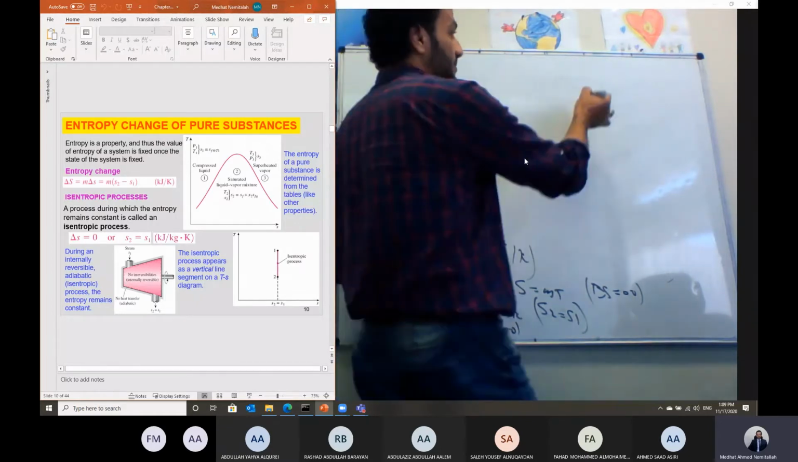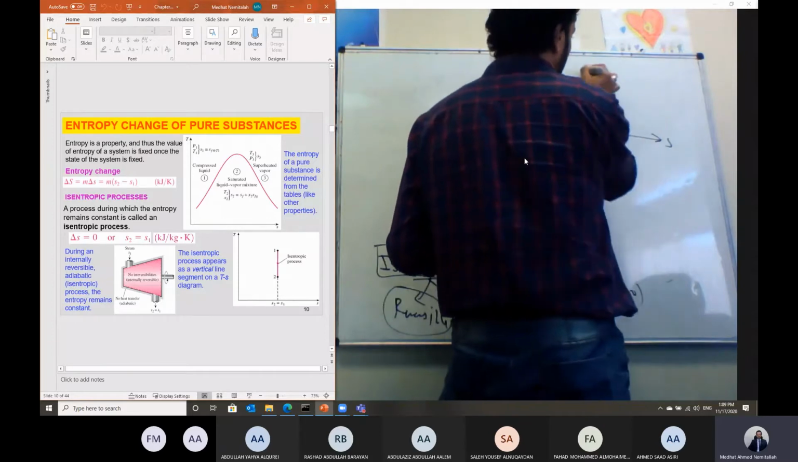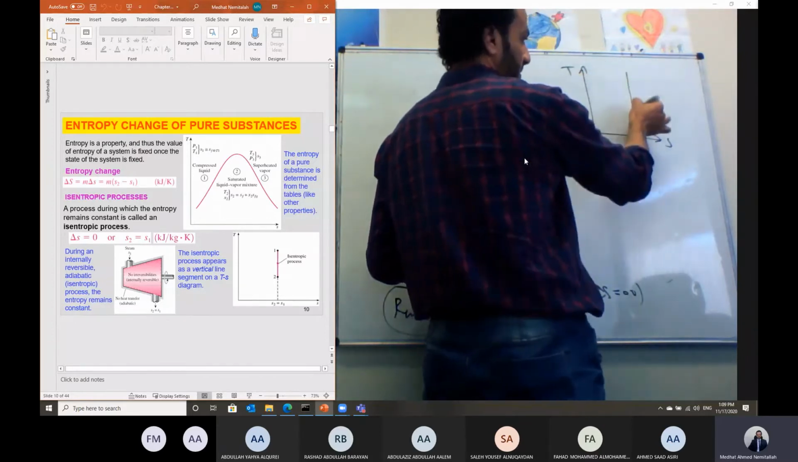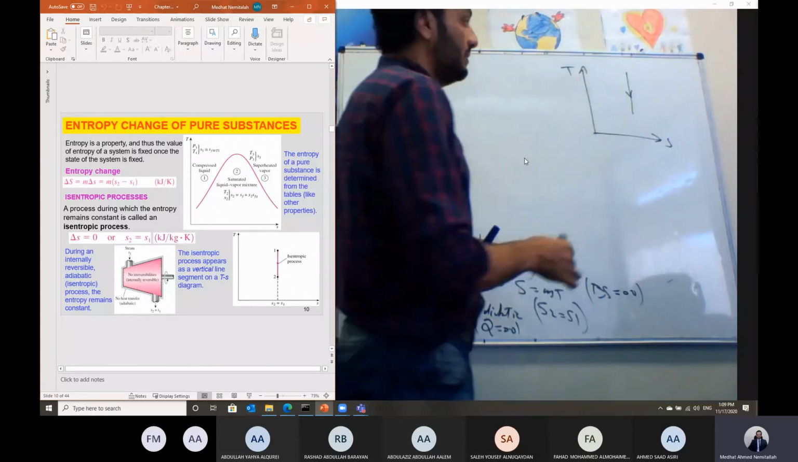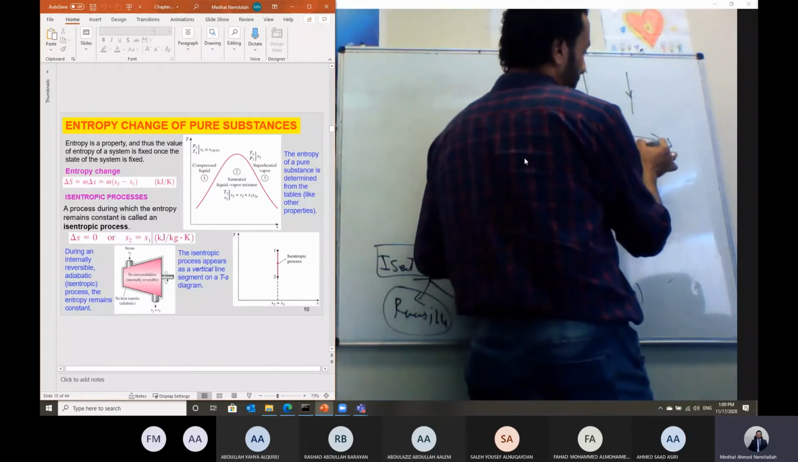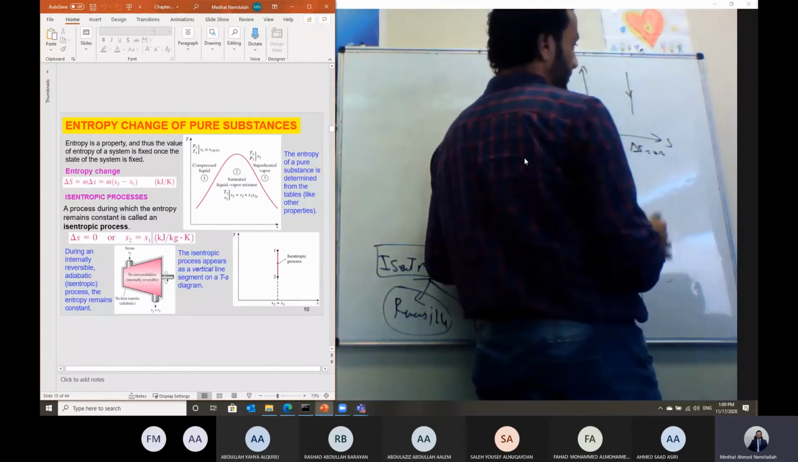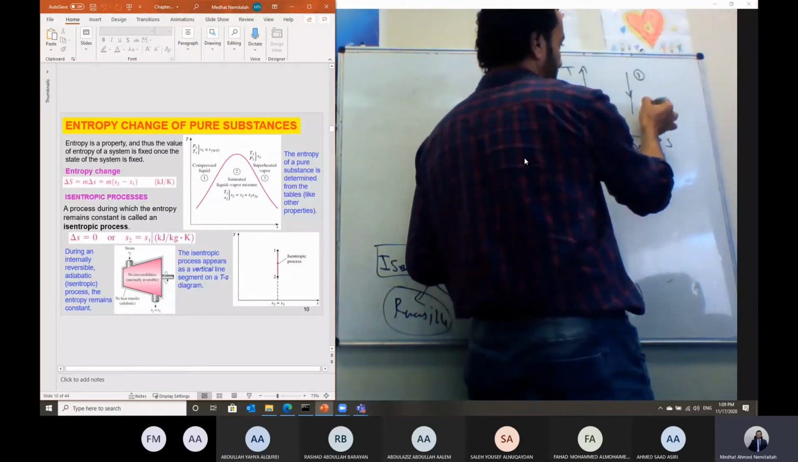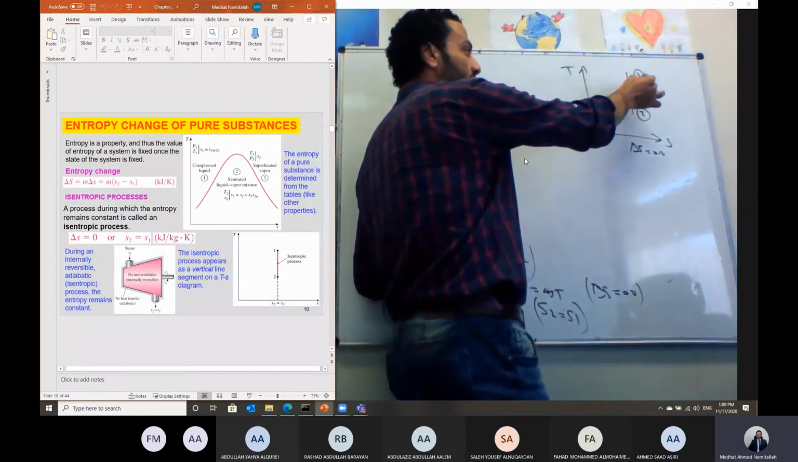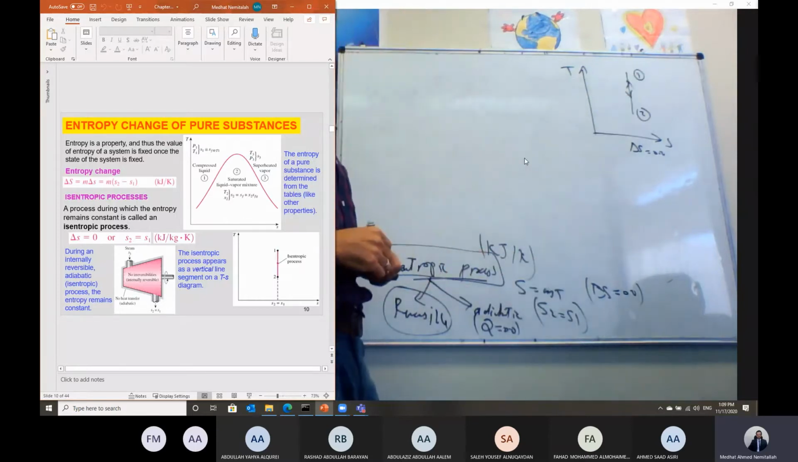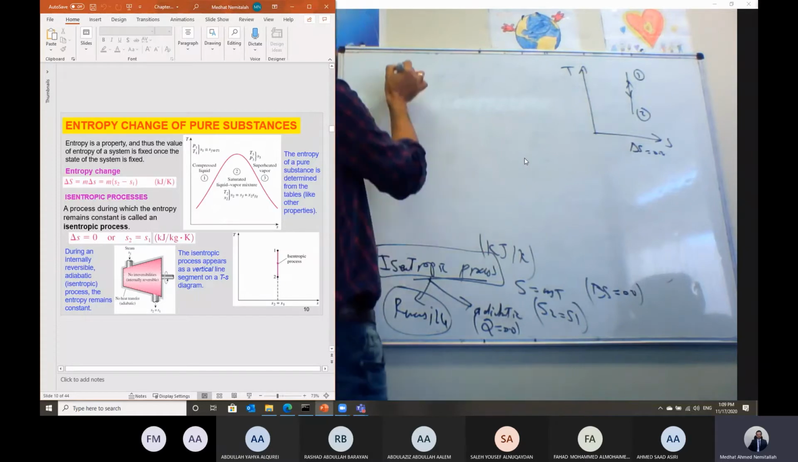If you look at this process, as you can see, we can represent it on the TS diagram. As the process is isentropic, that means the entropy is equal to constant, or delta S in this case is equal to 0. Either the process is expansion from 1 to 2, or the process is compression from 2 to 1 in this case. And this is the representation on the TS diagram. As we said, the isentropic process